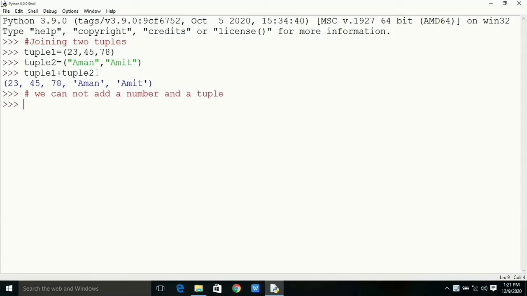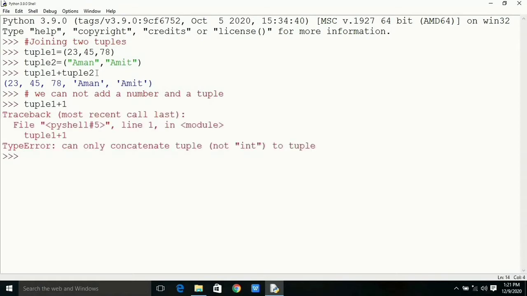We cannot add a tuple with number, a tuple with complex, a tuple with string, a tuple with list. It will give type error. Here we are trying to add a tuple plus 1, then it is giving type error. Can only concatenate tuple, not integer to tuple.